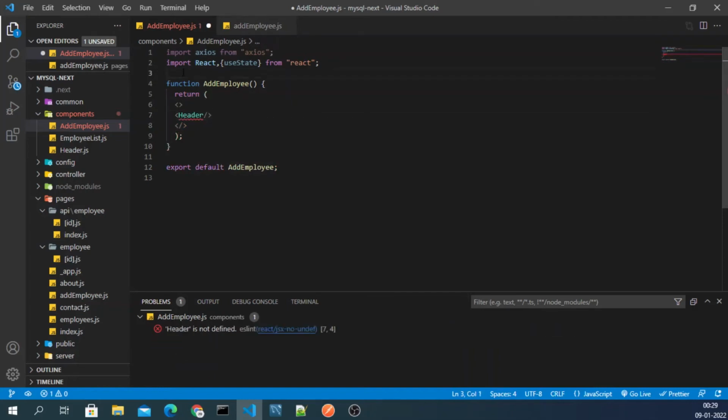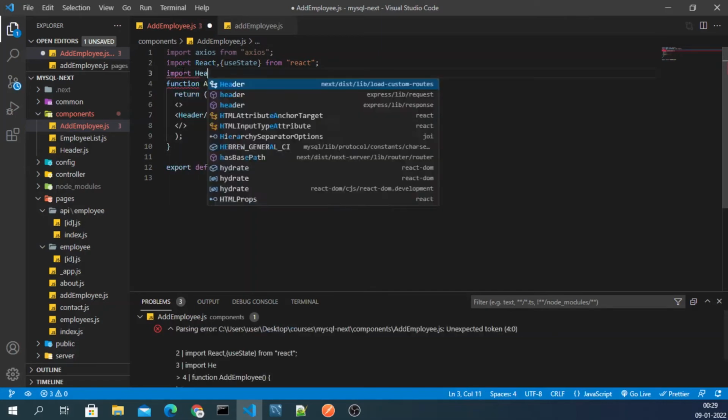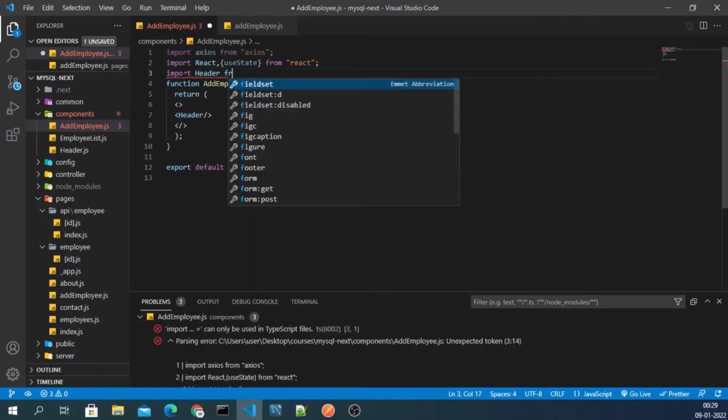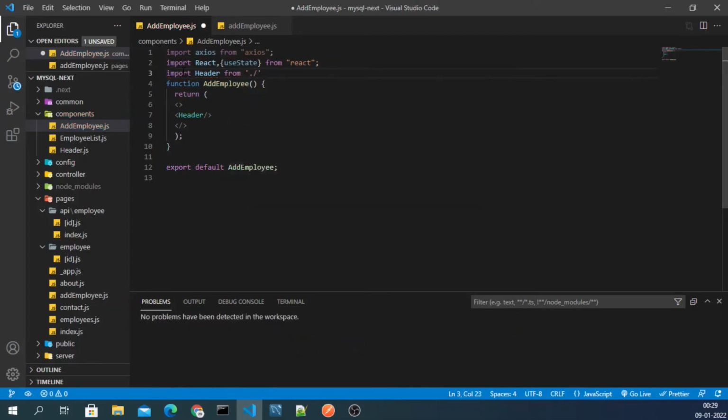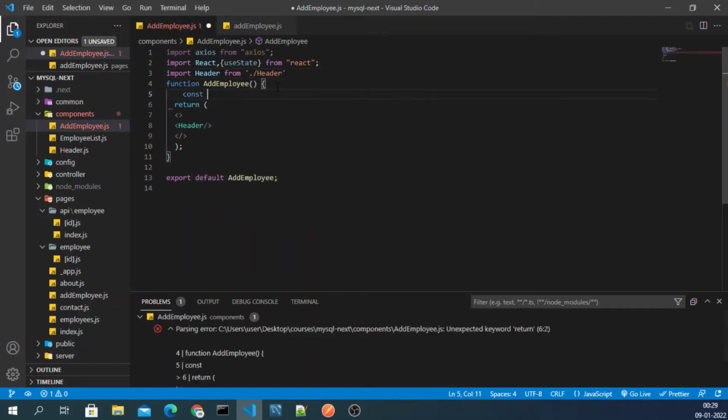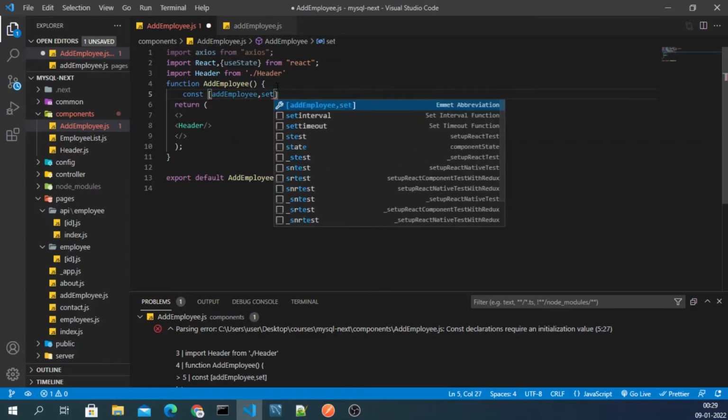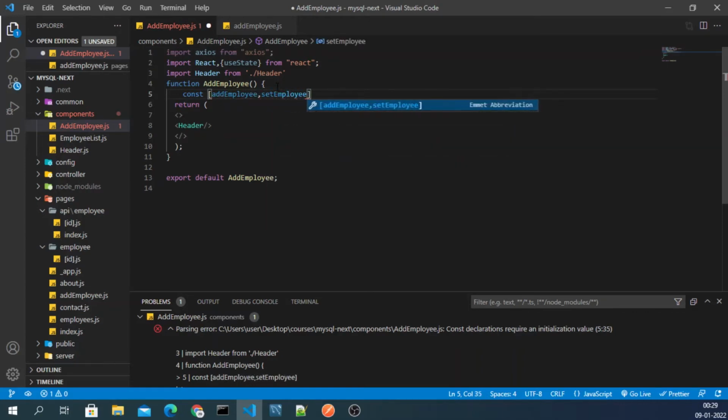So I will simply import it manually because I don't know why that is not working from my slash header, right? After header, what I need, two things we have to define here inside the const: the const add employee and then set employee. Okay, and then